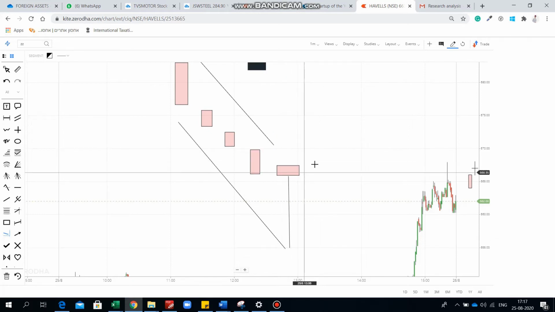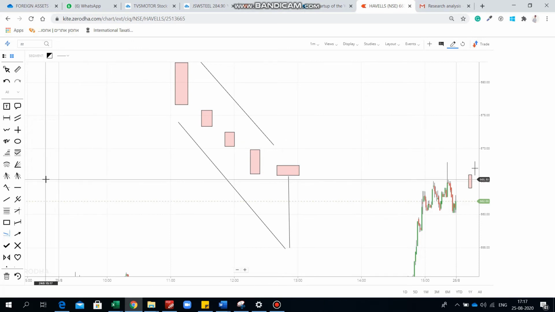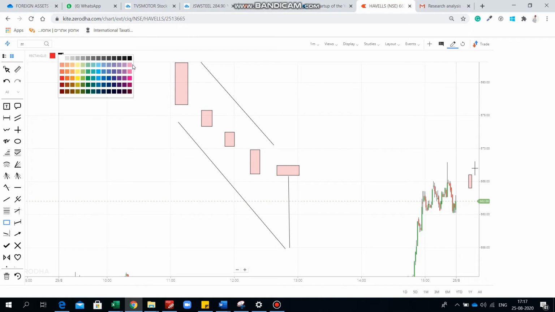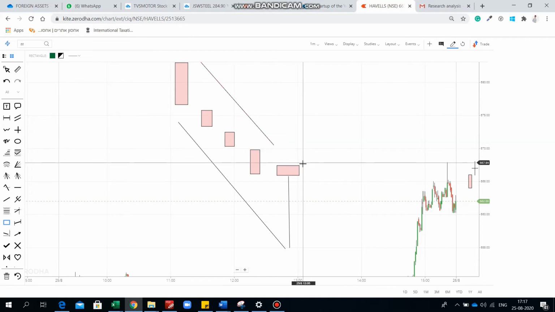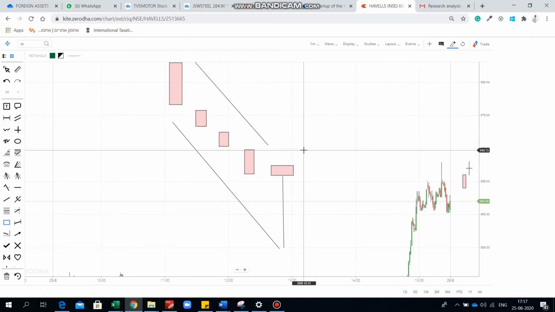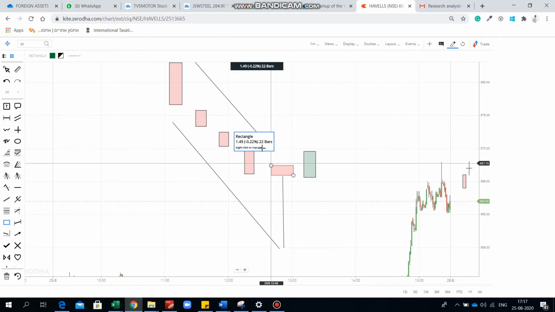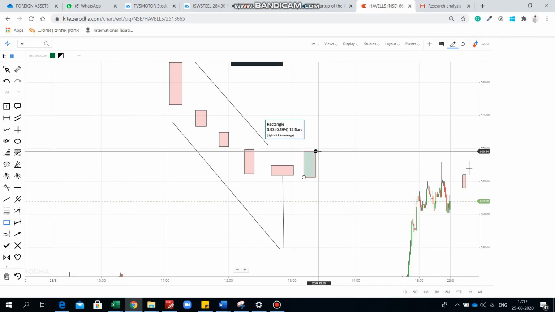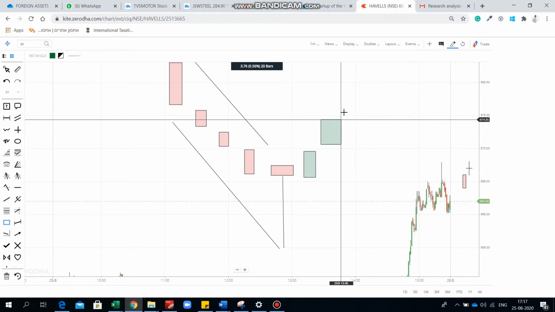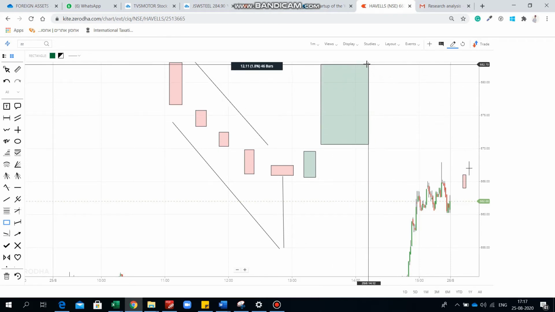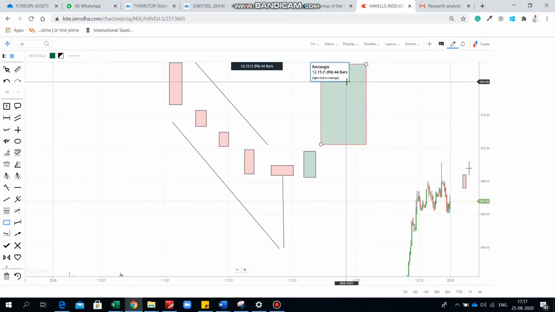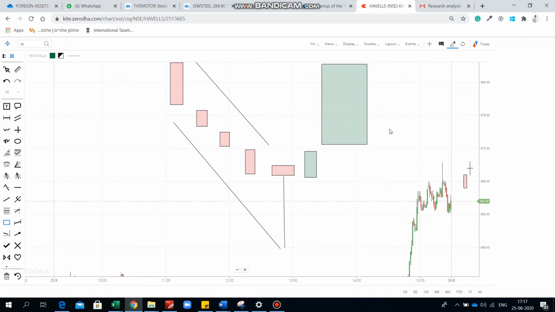So after this hammer candle, if the next candle is closing after this point, then you can take the entry and you can actually buy the stocks. So if it is forming like this, you can buy the stock right here, and you can expect the price to go till up here, or depending on the market condition as well, it will be going up. So I'll show you